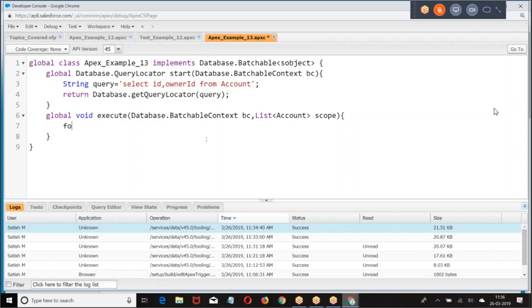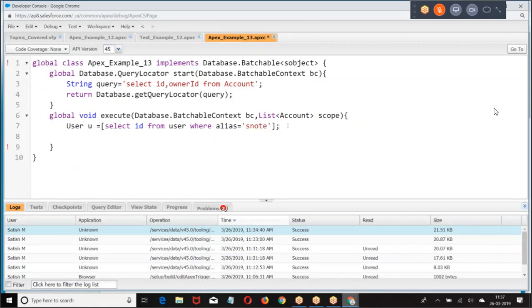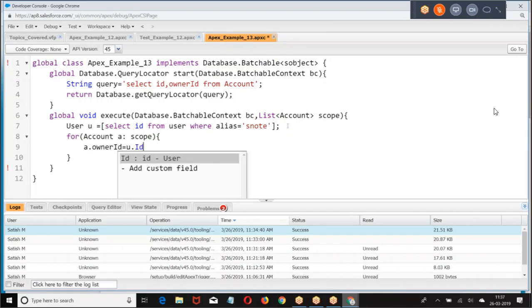Then we take one by one record, u dot type.